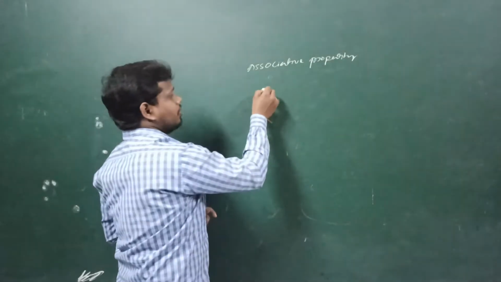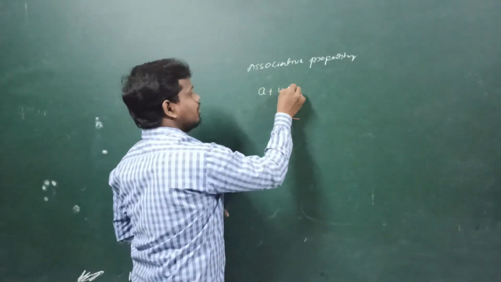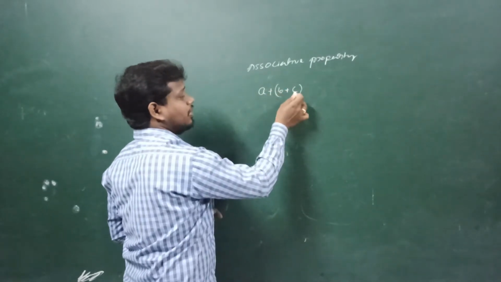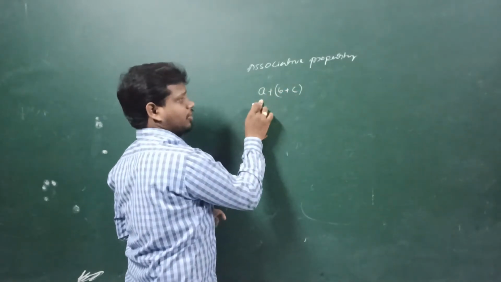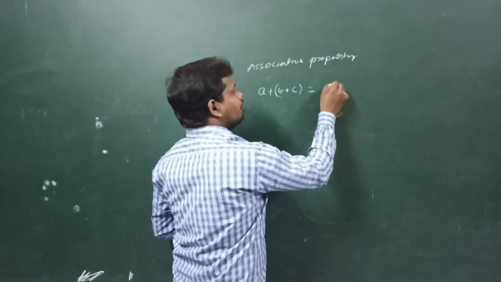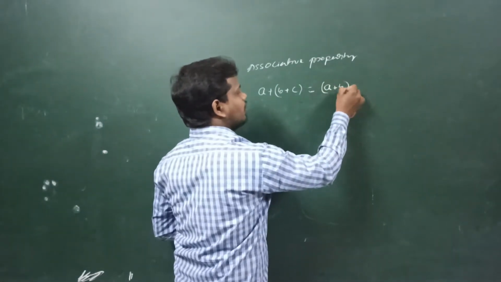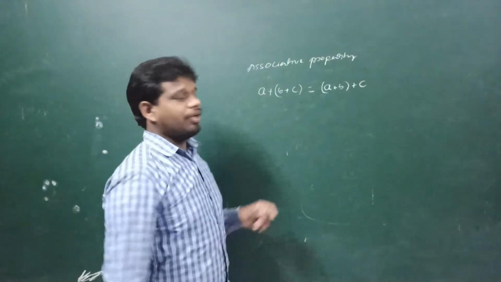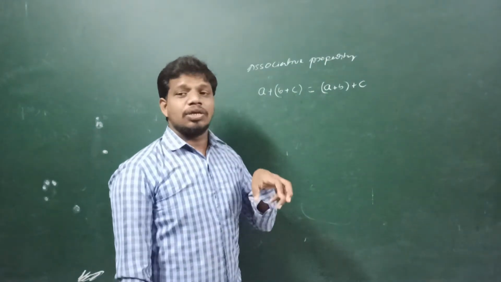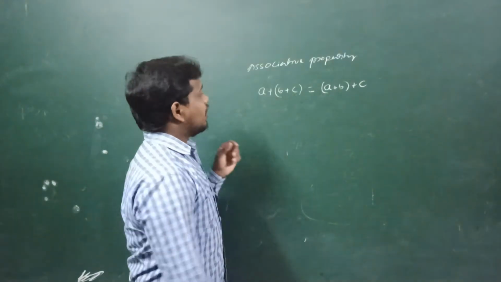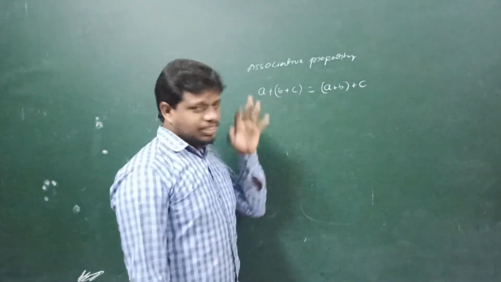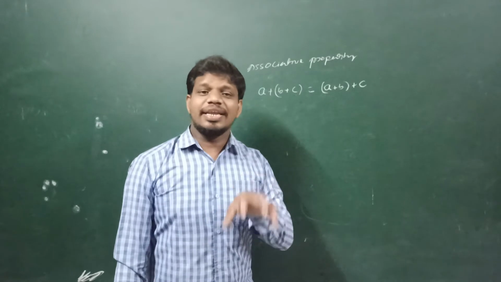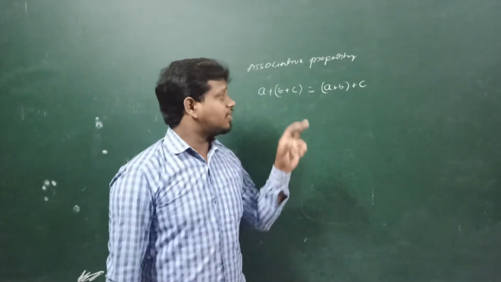Okay. So a plus b plus c means here first we have to add the second term and third term, then the first term. Equal to, here we add the first term and second term, then the third term. Okay. So this is called the associative property. Here a, b and c